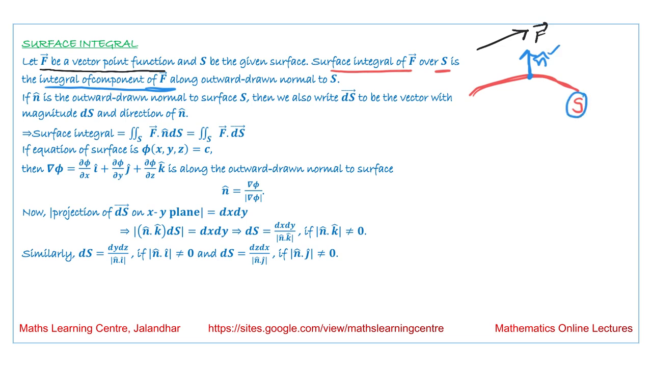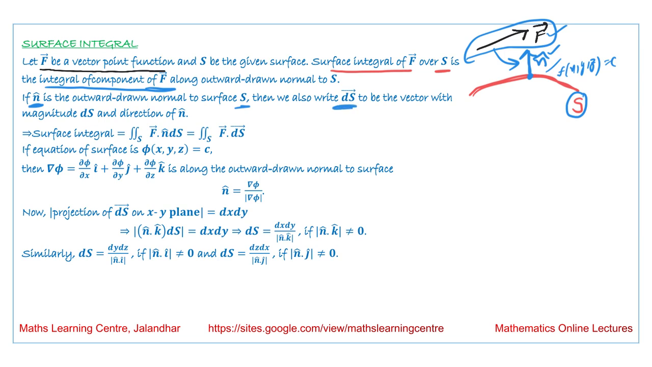We know that this direction is given by the gradient of the function of the surface. If it is given by f of x y z equal to c, then the gradient of this will give us the direction of the normal vector. So the component of the integral of f vector in the direction of n cap is called the surface integral of f vector over S. If n cap is the outward drawn normal to the surface, then